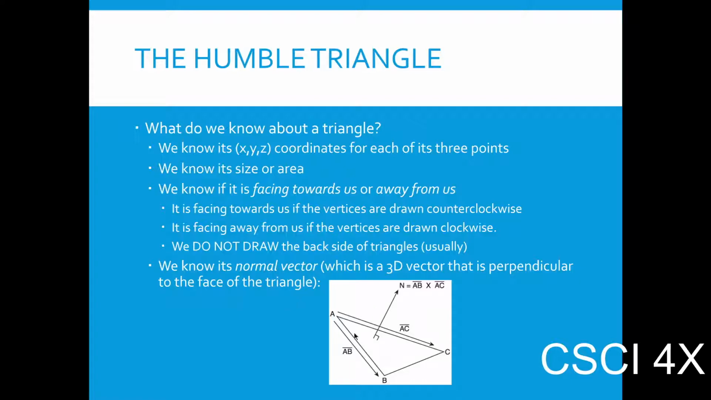So counterclockwise A, B, C means we're facing it. If we draw the triangle clockwise, that means it is facing away from us. And so we usually don't draw the backside. We usually don't. You can enable it if you want. There's also an area to the triangle. We know how big the area is. And the normal vector, though, is really important. If you're going to shoot a ball at it, the ball is going to bounce off around the normal vector. Whatever angle the ball comes in,